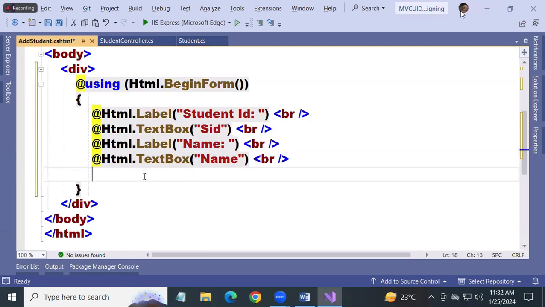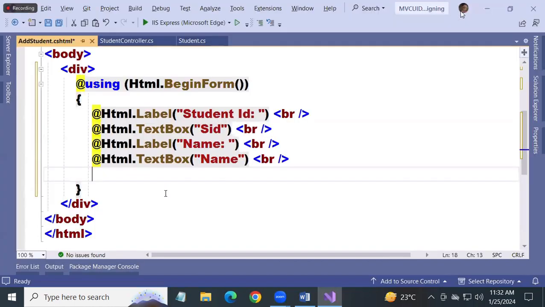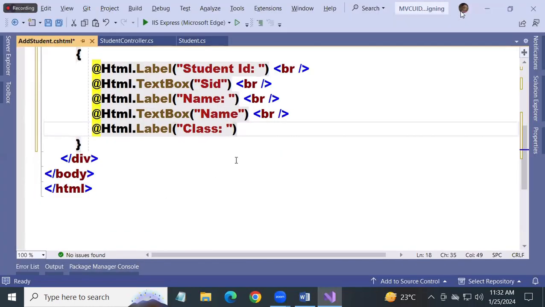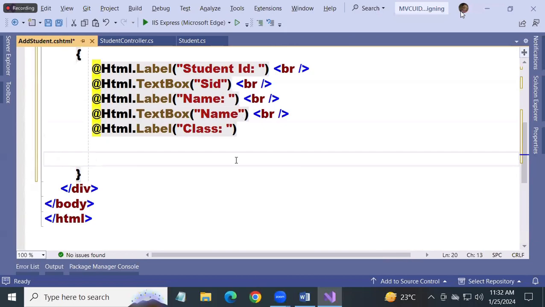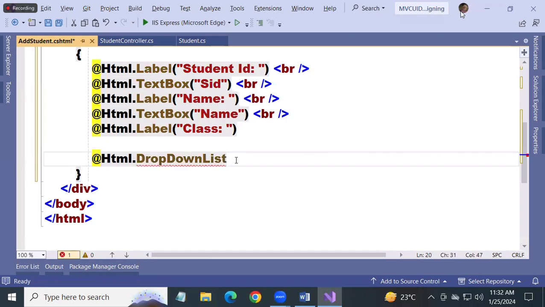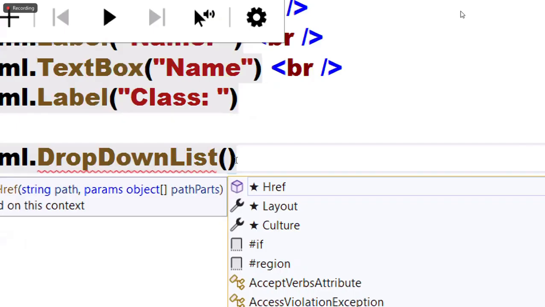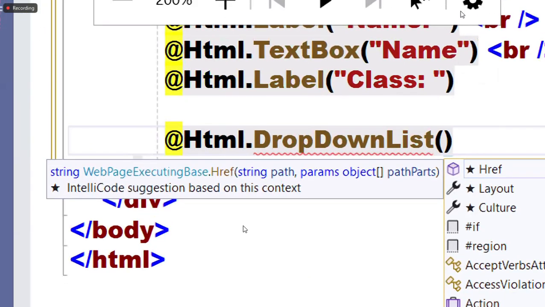Okay. Next, a label for class. Now, guys, listen. For class, I want a drop-down list. I'm just expecting a drop-down list here. So how do you create a drop-down list? At the rate HTML dot drop-down list. When you're using this drop-down list, guys, remember here,